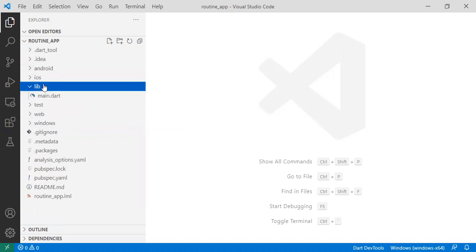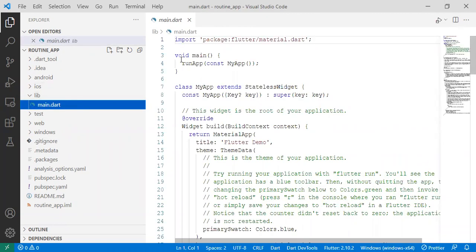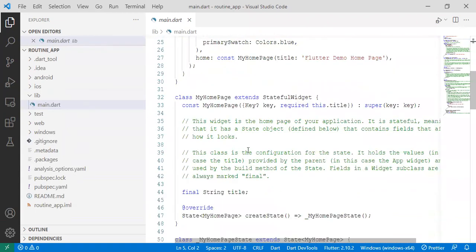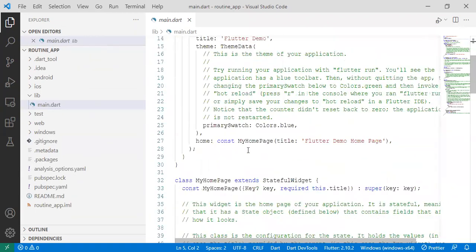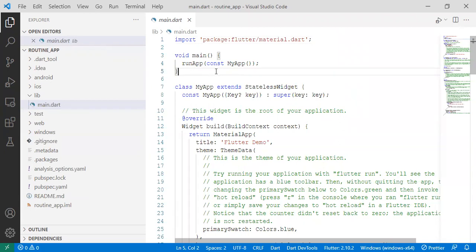Then we have the lib folder, which contains all the source code files that we create during development. This is the workspace where we're actually going to do most of the coding and the work. An initial application always has one file called the main.dart file. This is the entry point for the Flutter app. Currently, it has some code that was generated by default when creating a first Flutter application, which we later delete